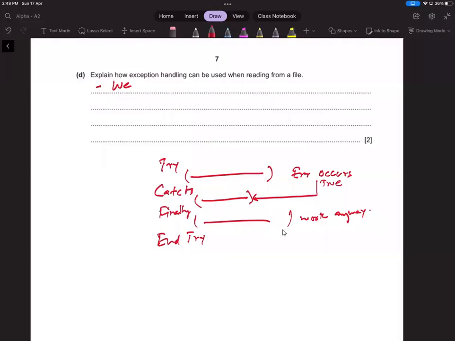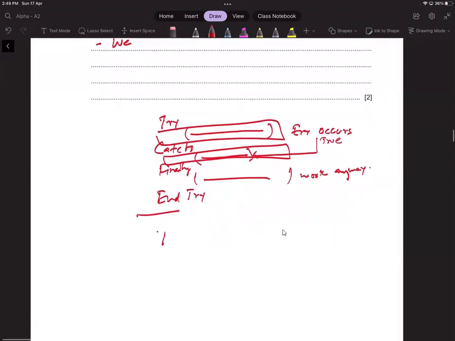So we write whatever code we have in the try block. If that code has an error, then the catch block works. If it does not, then the catch block will be ignored and finally would work anyway. Okay. So whether or not there is an error, finally will work. Okay. So for example, we write try, open file,